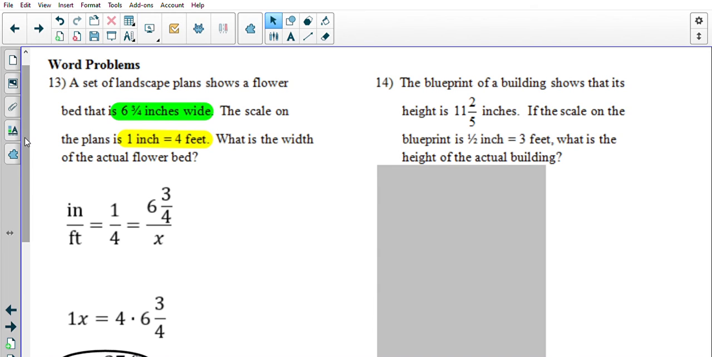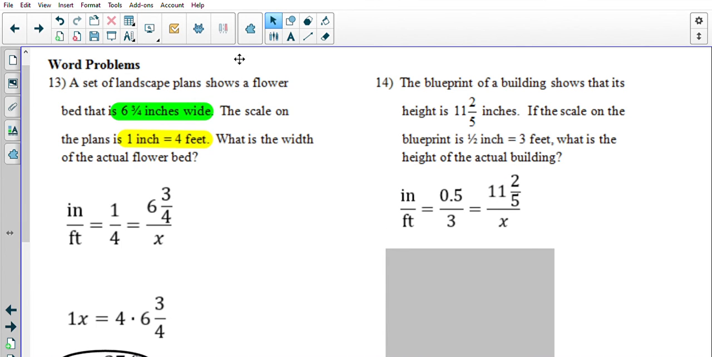Number 14, the blueprint of a building shows that its height is 11 2/5 inches. If the scale on the blueprint is 1/2 inch equals 3 feet, what is the height of the actual building? So again, I set up a proportion for this, and I used 0.5 for a half, but our scale is 1/2 inch represents 3 feet, so 0.5 over 3. We know that the blueprint of our building is 11 2/5 inches high, so I put that on the top